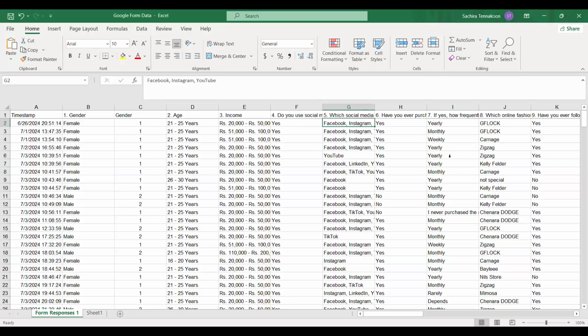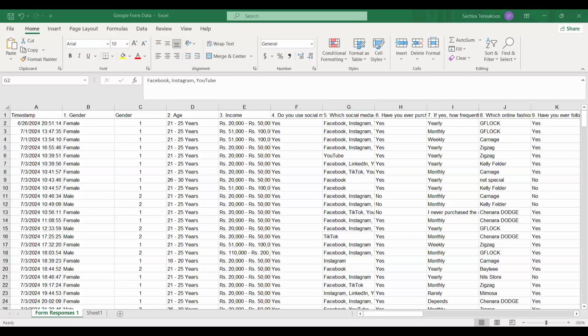Right? So like that way, you have to adjust your data set. It's your data set, you have to correct it in a way where you want to do the analysis and presentation. Right? So I will be just using a refined data set instead of this one in order to analyze,